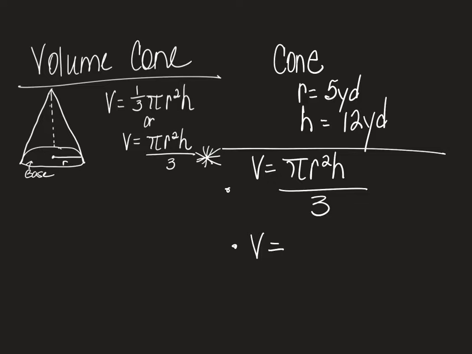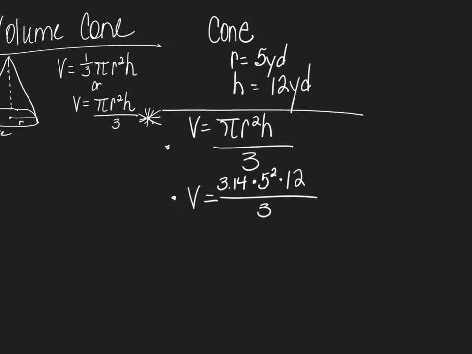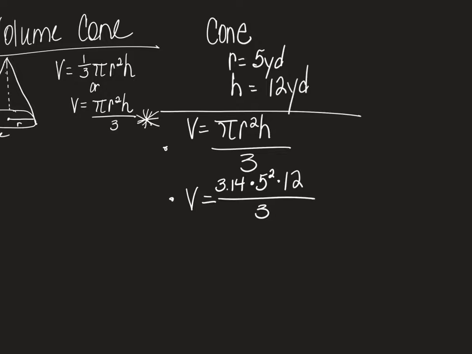Volume equals, what does pi represent? 3.14. Times radius 5 squared times 12 divided by 3. Okay? I already knew that 5 squared is 25. So I'm just going to go back and put that in. Okay? Now, I'm going to multiply